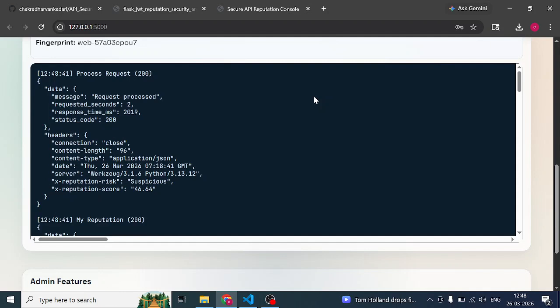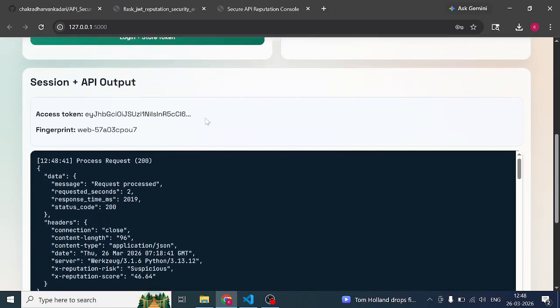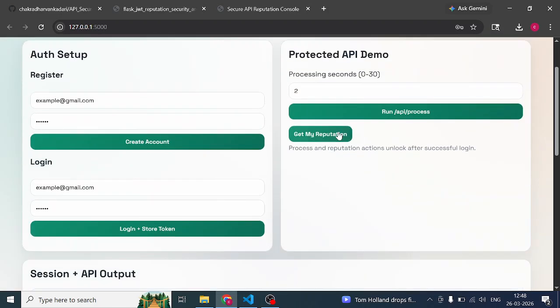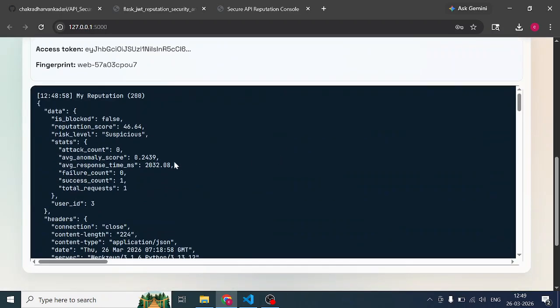Now we can see how many seconds the request took to process, and here we can see the initial reputation was 50. After the request, the reputation has changed to 46.64